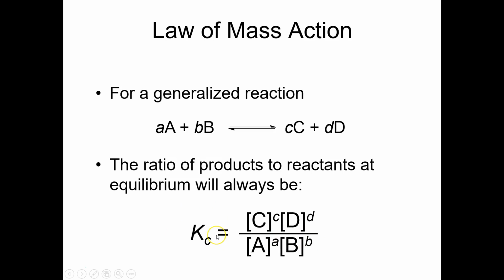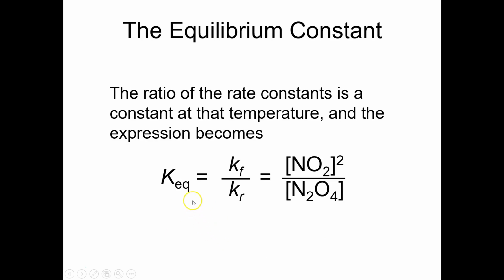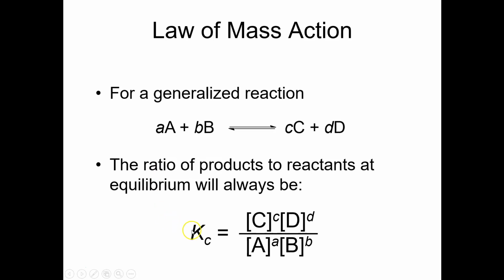You may wonder why this is called Kc, and over here this was called Keq. They really mean the same thing. Keq means equilibrium constant. Kc, anytime you've got a capital K, that means equilibrium constant. The subscript c means that it is based on concentration of reactants and products. Later in this chapter, we'll talk about another equilibrium constant called Kp, which is based on partial pressures of gases